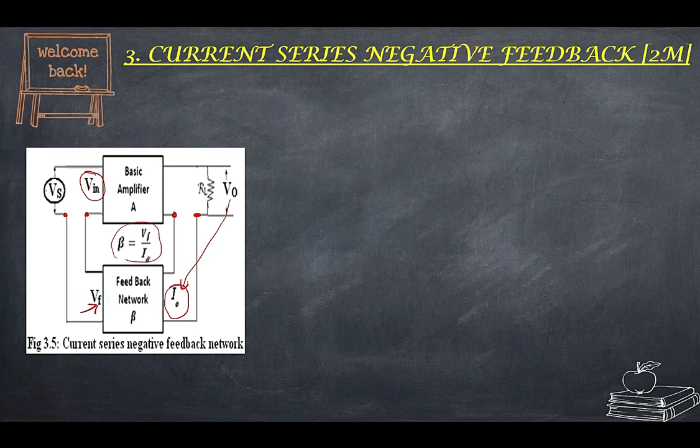One we should remember. The second point is both are in series. So in this the impedance increases, whether it is Zin or ZO. Both impedances increase. The third point you can notice here is I am taking current but converting it into appropriate voltage. So it is a current to voltage feedback circuit. Since both are series, I can say that this is also known as series to series feedback network.